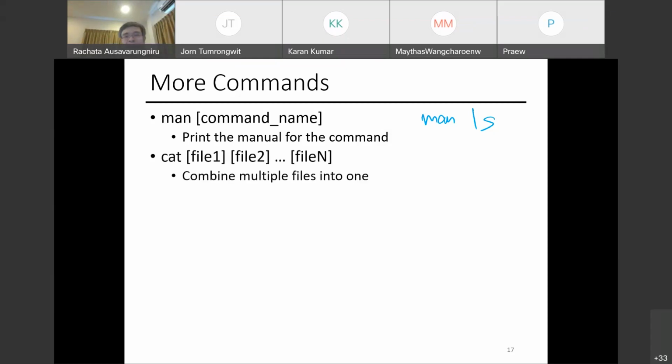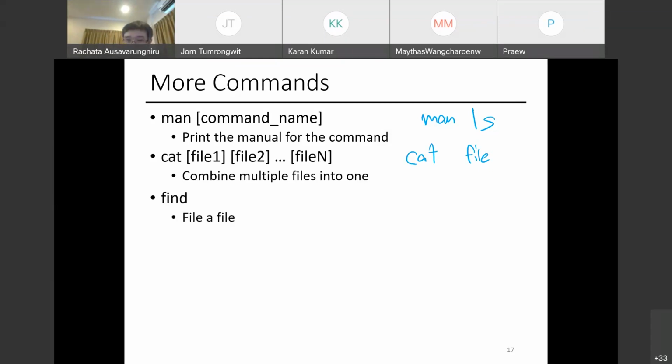Cat, not a cute, furry, cuddly thing. Cat means concatenate. Concatenate means I'm gonna combine the content of the files together. You can also do something like this: cat file. Basically, it would print the content of the file.